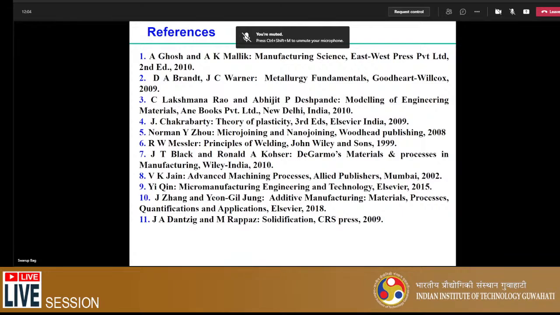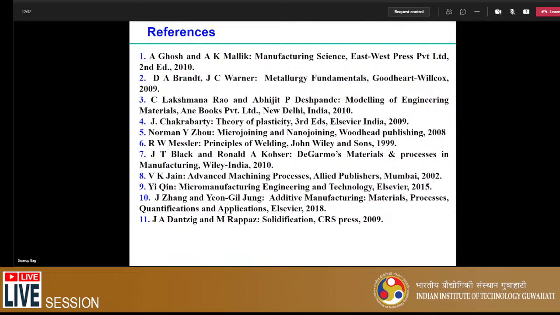You will be getting much details in references 3 and 4. And nowadays, it's very important to understand the micro scale processes. Maybe if you are interested to look into different micro welding or even nanoscale joint processes, then the fifth reference book is very important. Apart from this, related to the welding process only,